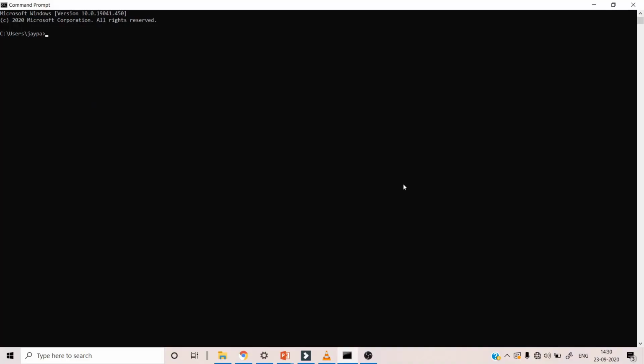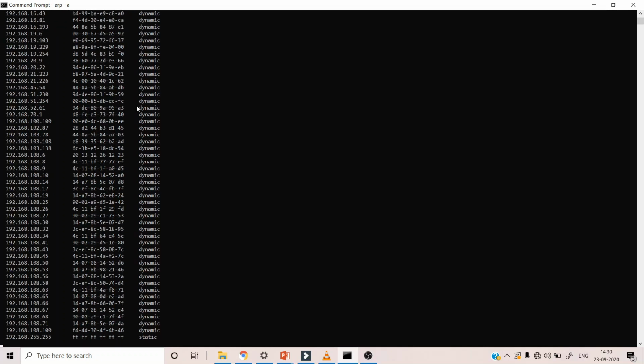You can find the ARP table on your laptop or computer. Just go to the command prompt and write arp -a and hit enter, and you will find all the entries which are stored in your computer.